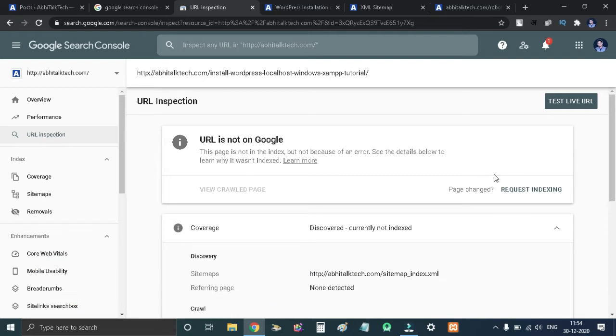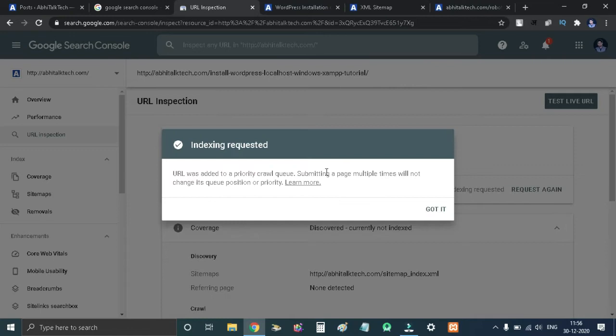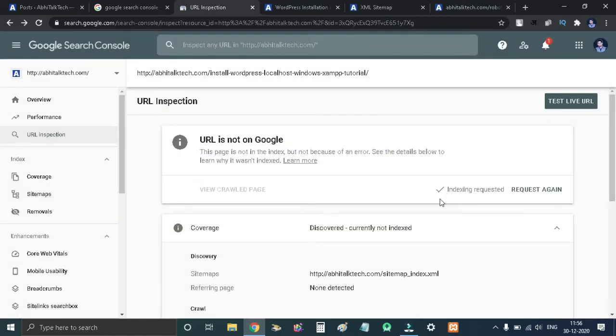You can also request indexing here by clicking request indexing. It will send a request to index your page. First it will check whether it is indexable or not. If it is indexable, it will add your requested link to the queue. It can take some time, so please wait. Finally, your link has been requested for indexing, meaning your page was eligible for indexing and it got a request for indexing. You can also test the live URL. By clicking here, the live URL you will see is from the point of view of Google.